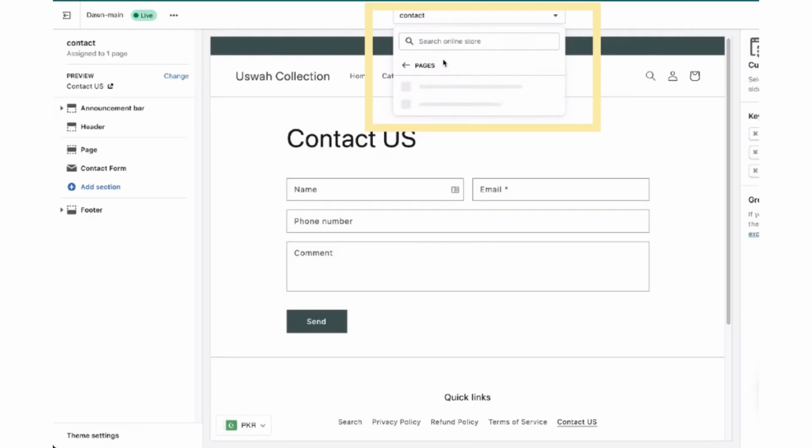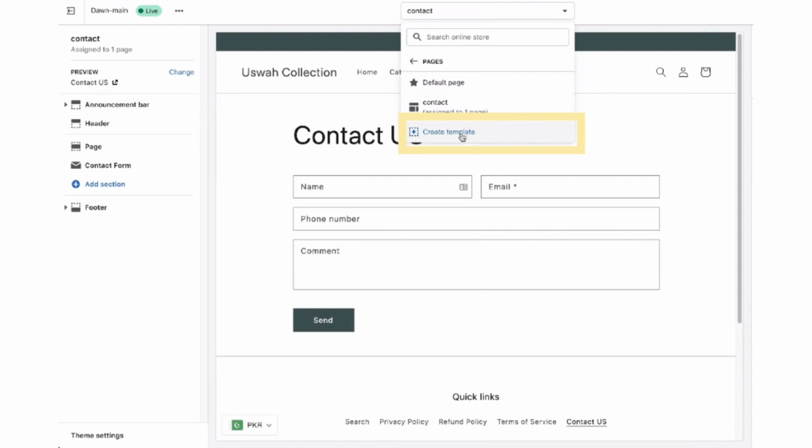After that, the theme editor will open, and now you can go to the contact page, and now click on the drop down from above. After that, click on the create template button,